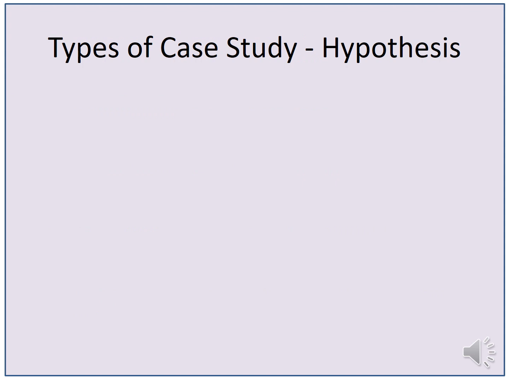There are 5 types of case studies based on the hypothesis they prove. The first is explanatory case study, which aims to answer how or why questions with little control on behalf of the researcher over occurrence of events. This type of case study focuses on causal relationship of phenomenon within the context of real life situation. For example, an investigation into the reasons of an organizational employee's work behavior and motivation.